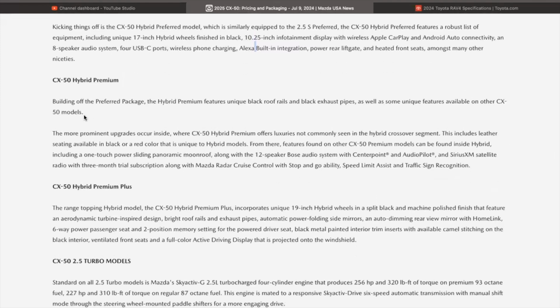Now, if you want to get some more features, you can go up to the premium trim level, which takes everything from that preferred and adds these features. Black roof rails, black exhaust pipes. You also get some really nice amenities like the sunroof, the panoramic moonroof. You get the Bose sound system. You get the Sirius satellite radio. And you get that Mazda radar cruise control with stop and go ability, plus the speed limit and traffic sign